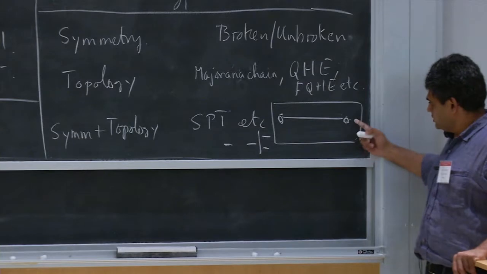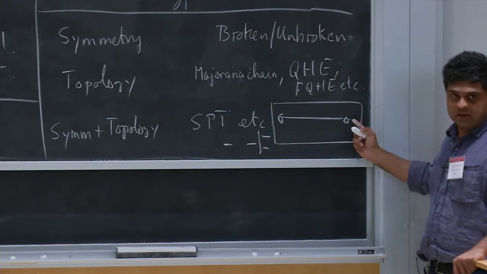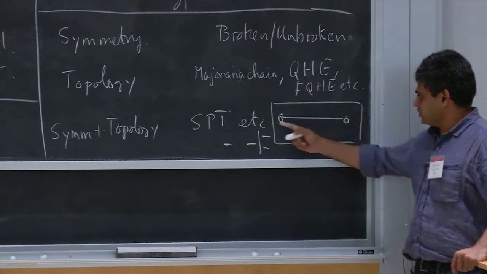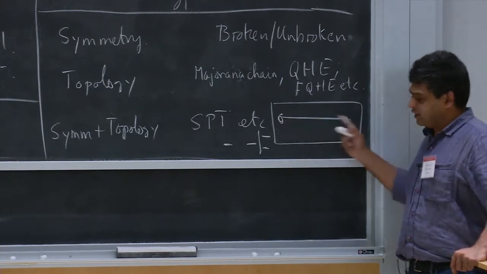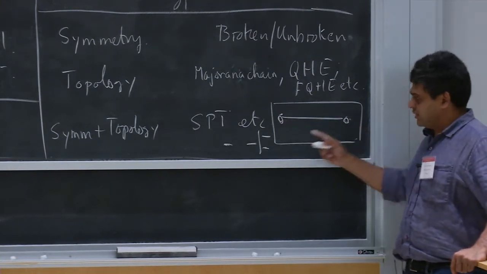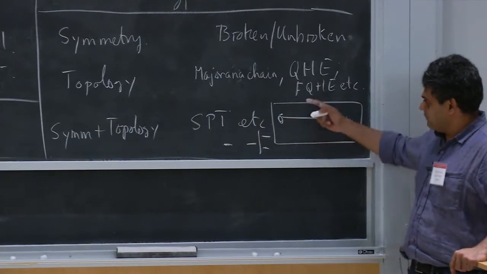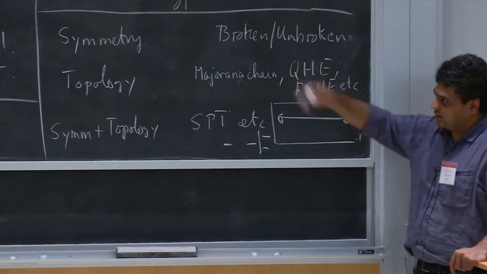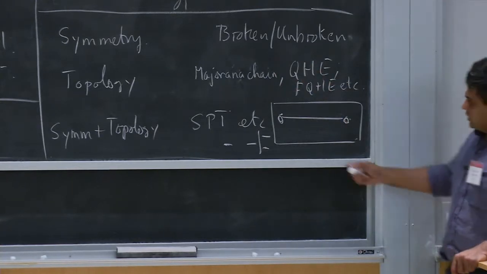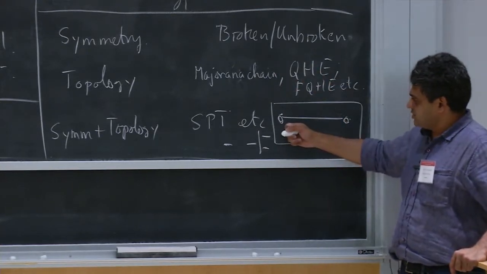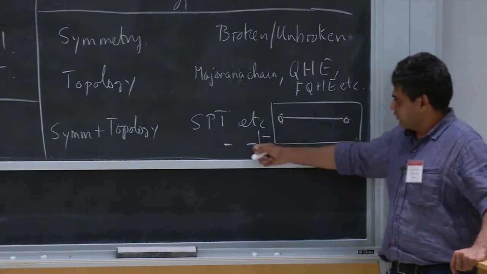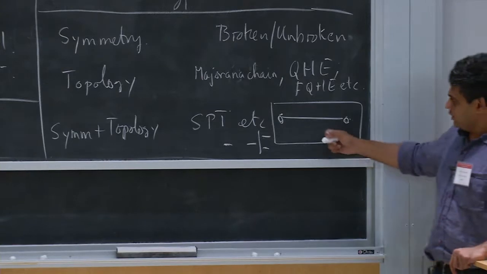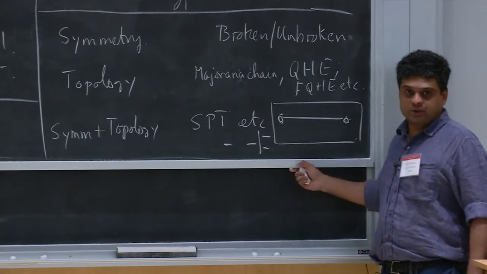But you say there's no other zero energy mode nearby. The only other zero energy mode is at the other end of the chain, and then you appeal to locality. You say that if you have these two zero modes, they could interact, but the interaction is going to be extremely weak because there is a gap in the bulk and all the interactions are local, and they cannot really see something that's very far away. So when you establish that this is a separate phase controlled by the fact that these modes are almost or at zero energy, you're appealing to the fact that you have a local Hamiltonian.